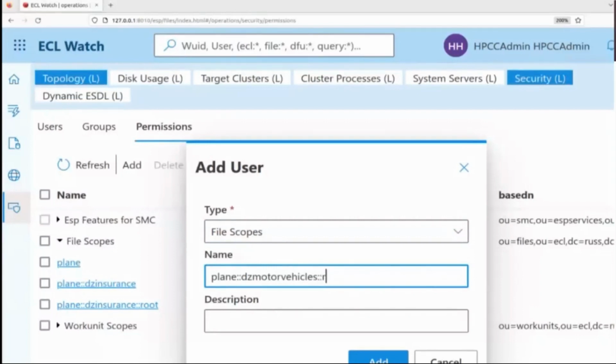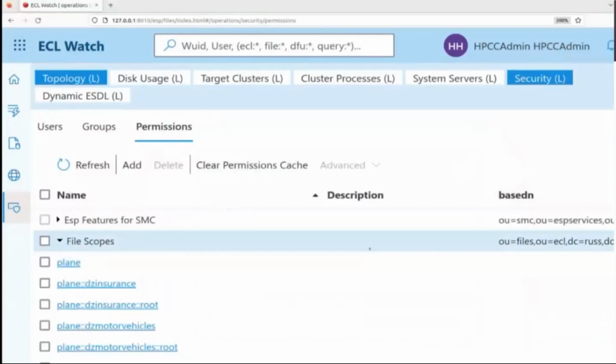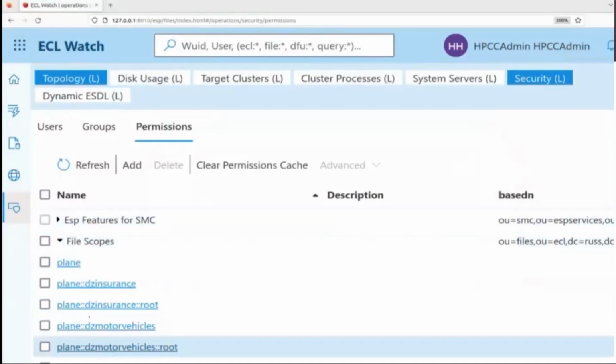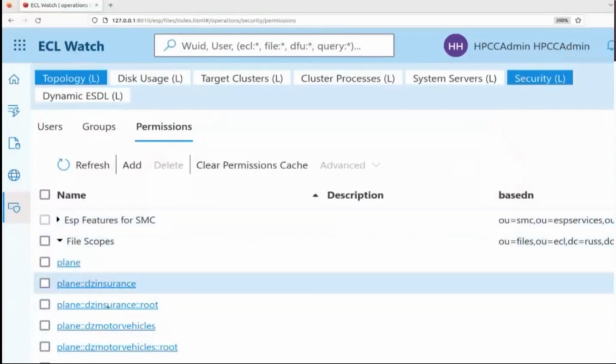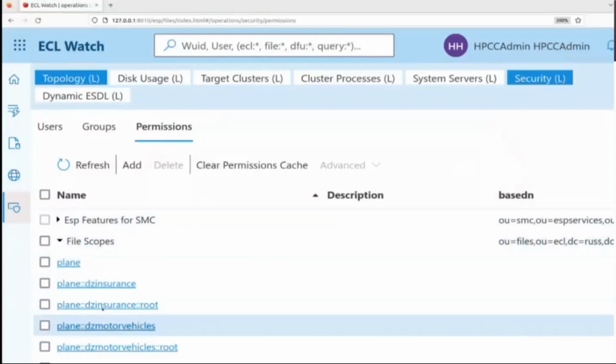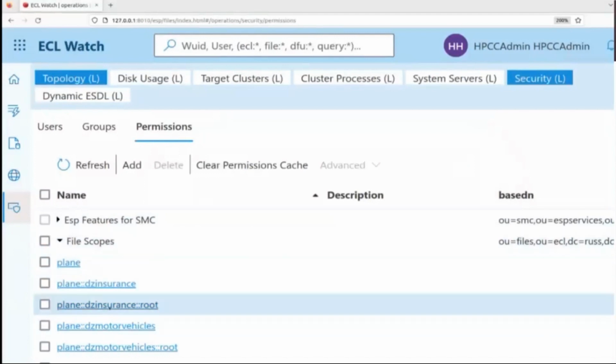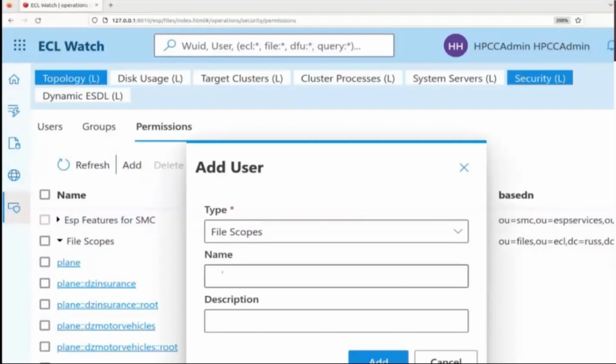Let's create one for the route. And add it. So now we've added file scopes, and you can add additional ones. You can further break your landing zone scope down to subfolders if you wanted to. Like, for instance,